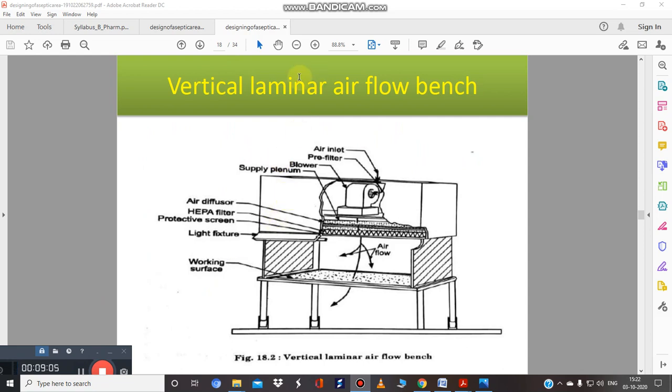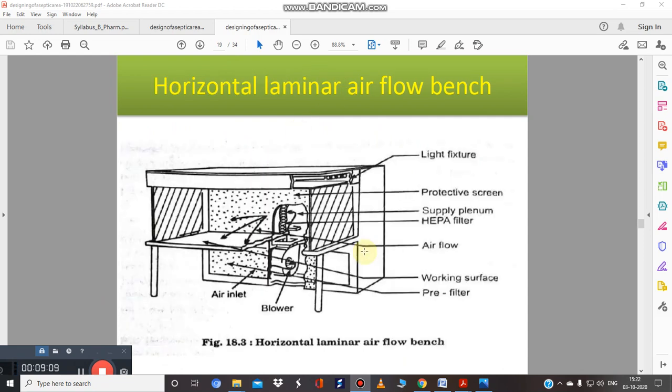This is the vertical laminar airflow, and this one is the horizontal. What is the main component in the laminar flow? Watch the previous video. HEPA filter is there, pre-filter is there, so air will go inside this working station that is completely free from microorganisms.